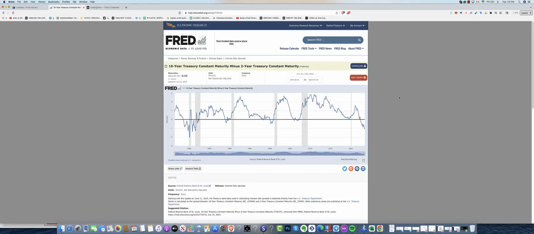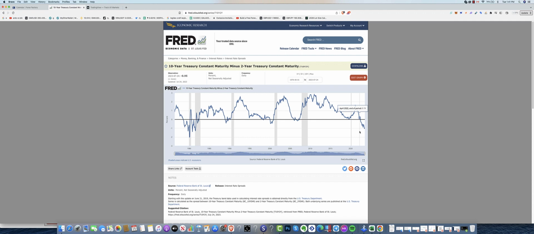All right, good guys. So right now we're looking at the 10 versus 2 year on the FRED website. You can see that anytime the yield inverts, we shortly have a recession after. So you can see right here in 2019 we inverted slightly and then had that recession when COVID hit and everything. And currently the yield has inverted extremely, like we are in a serious inversion of the yield.